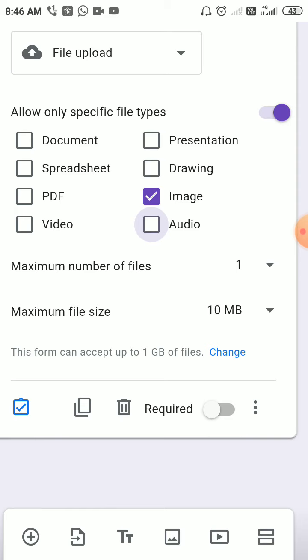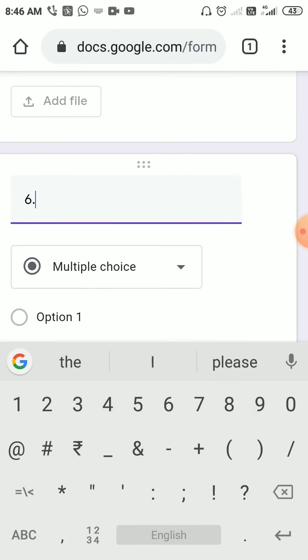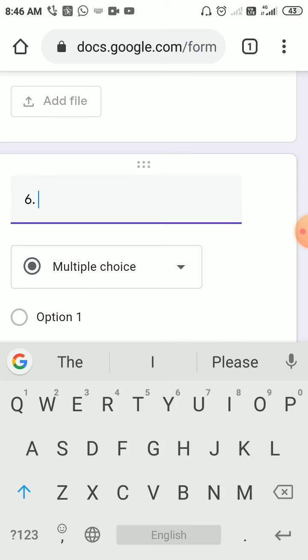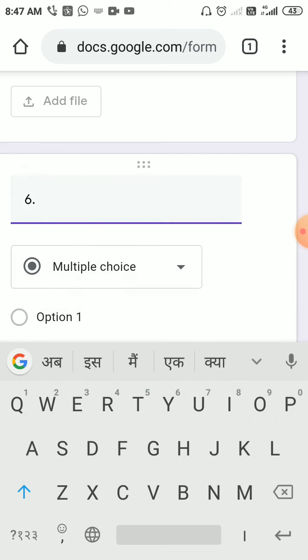Let me enter one more question, a Hindi question. So I want to make one Hindi question, the sixth question. I am just changing the keyboard of my phone, because in your phone there are multiple options to change the keyboard. I have enabled the Hindi keyboard also in my phone. So if you click this globe button here, it will ask to change the keyboard, which keyboard you want to use. So I want to use the Hindi keyboard. Okay. Now I want to type